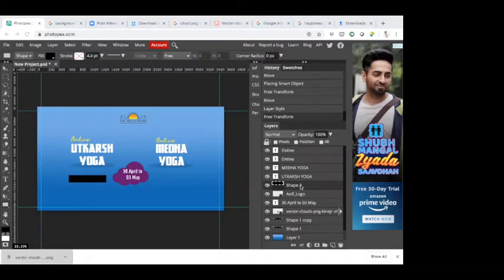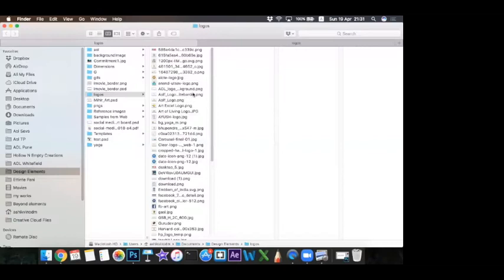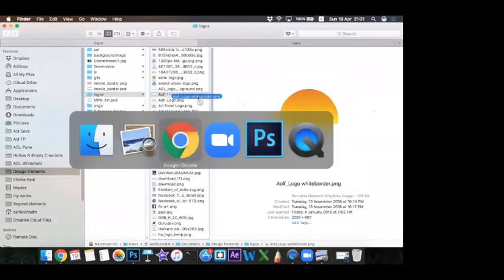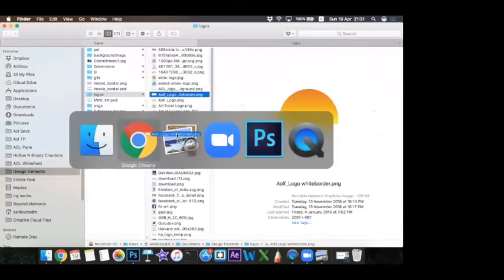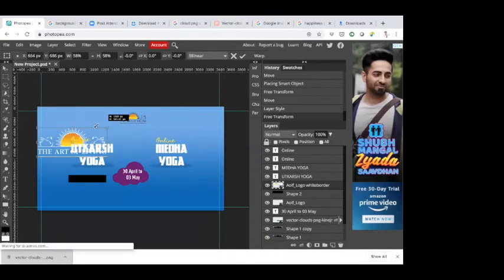You can actually have it downloaded and keep it ready. Editing that would be a tedious task. You don't need to do it every time. I can share that white border thing with you. For example, the one which I have white border is this one. You can see the white border, right?